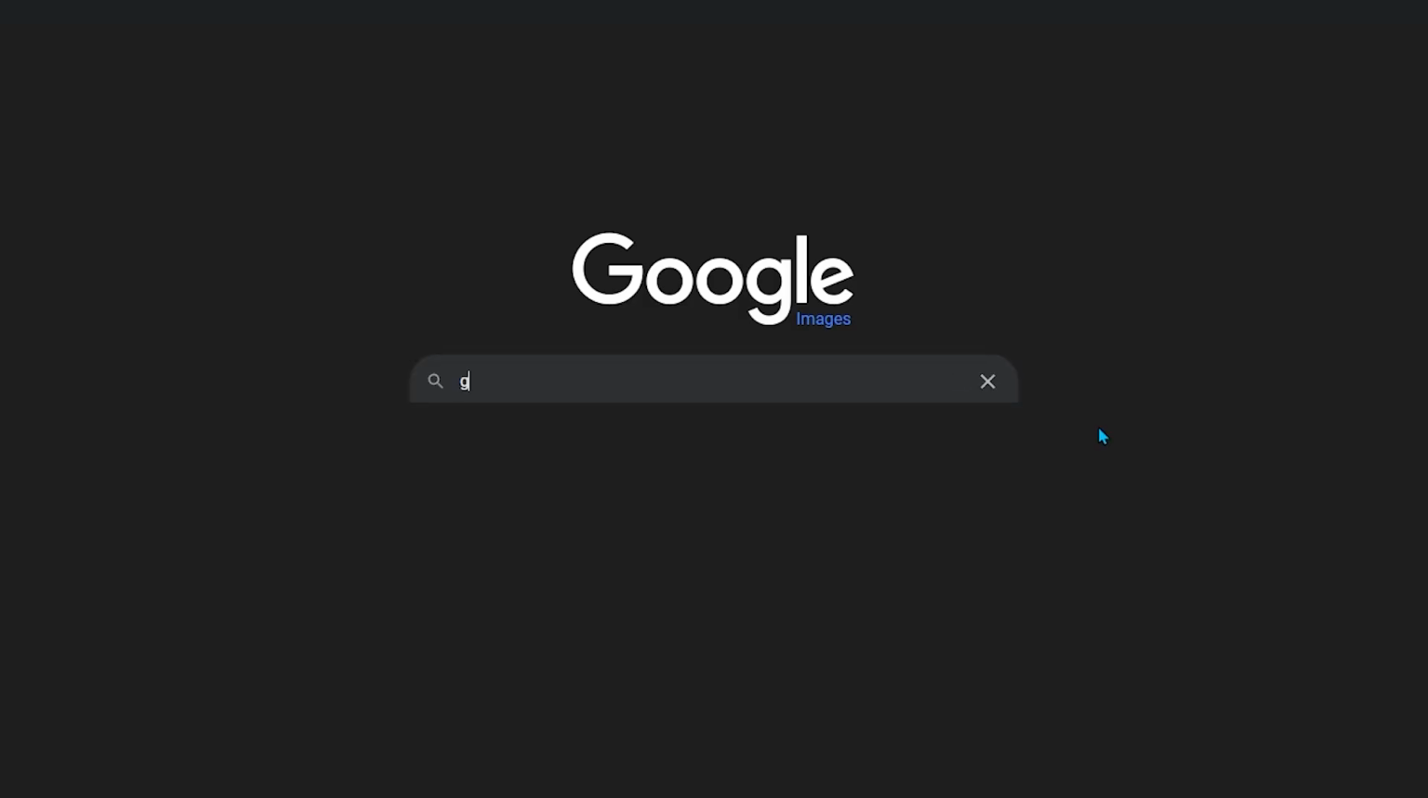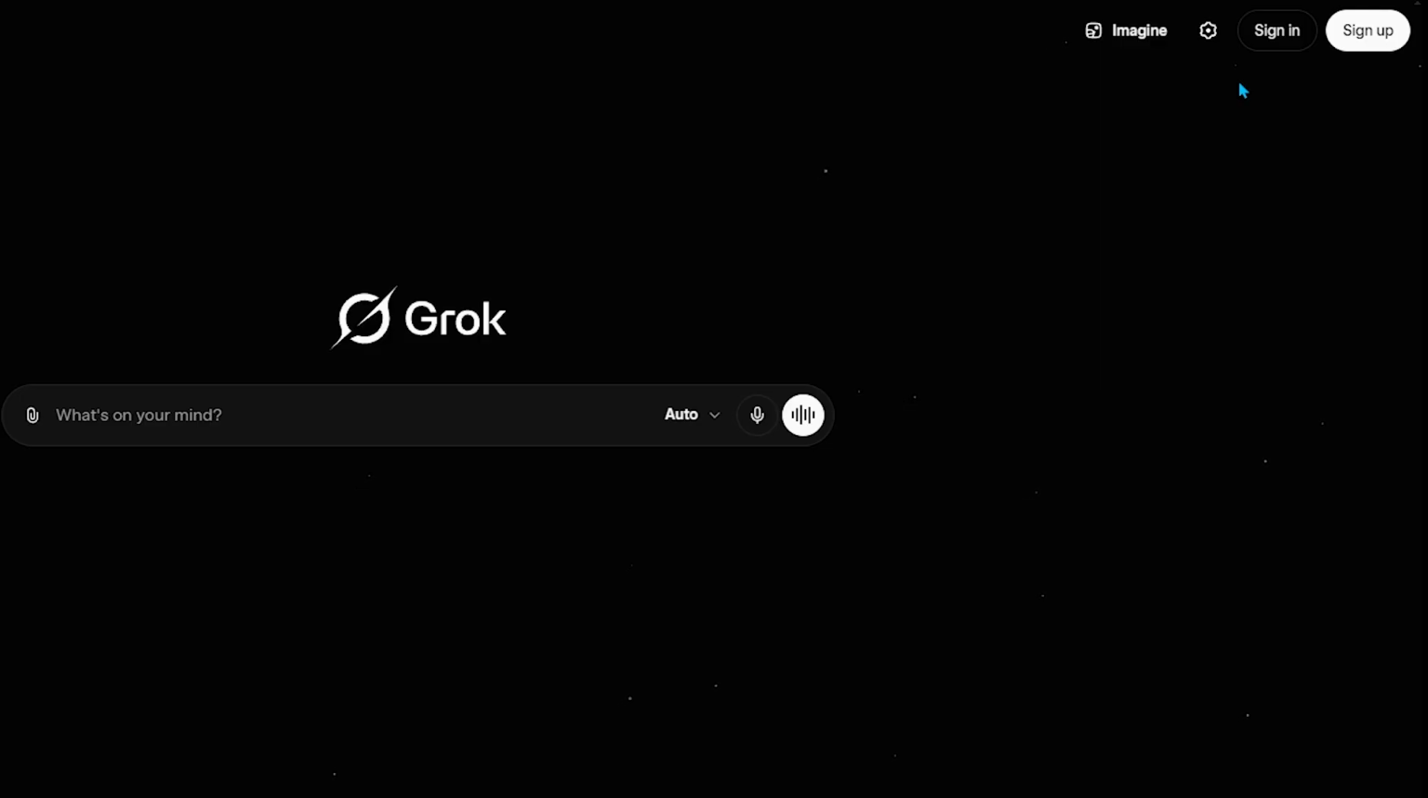Next, type grok.com carefully into the address bar, so you can access the official website of Grok AI. After typing the address correctly, press Enter on your keyboard to begin loading the website. You will be taken to the Grok AI homepage and may automatically be logged in if your browser is already